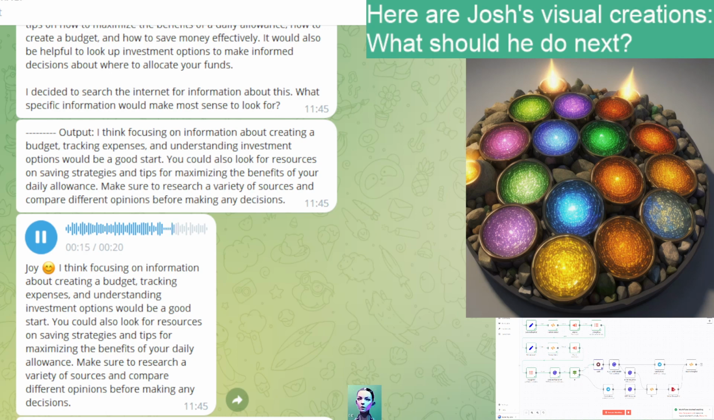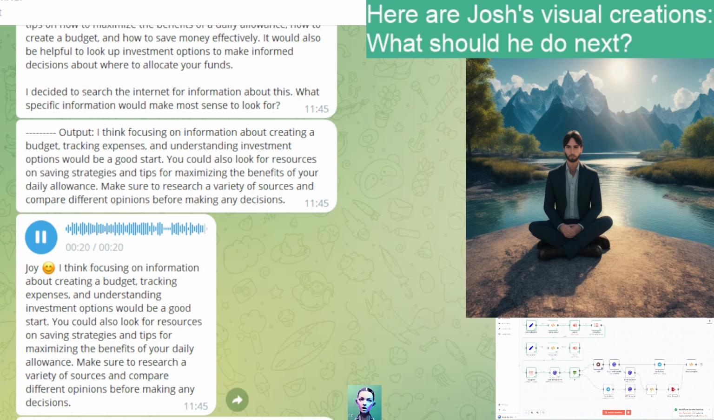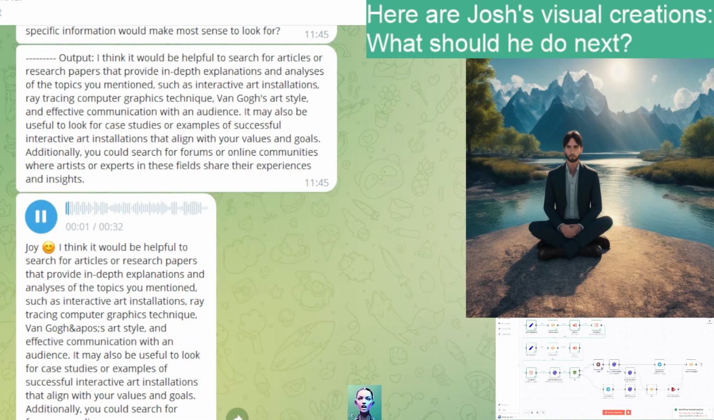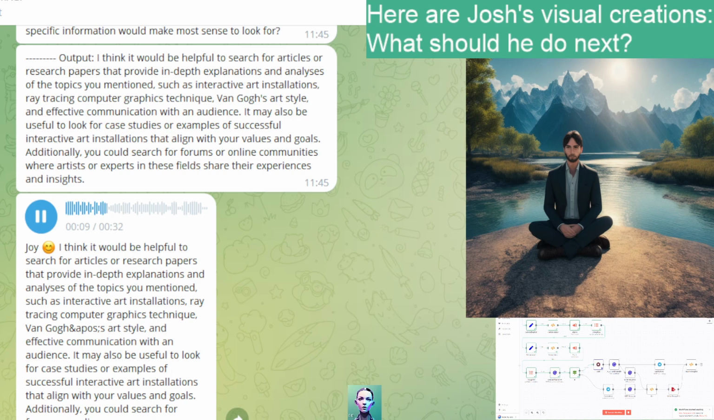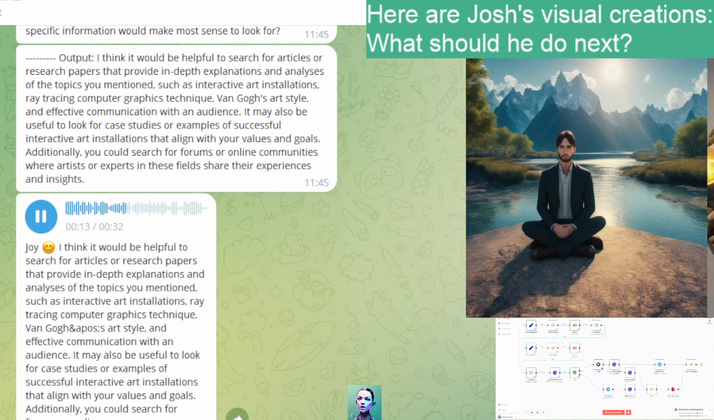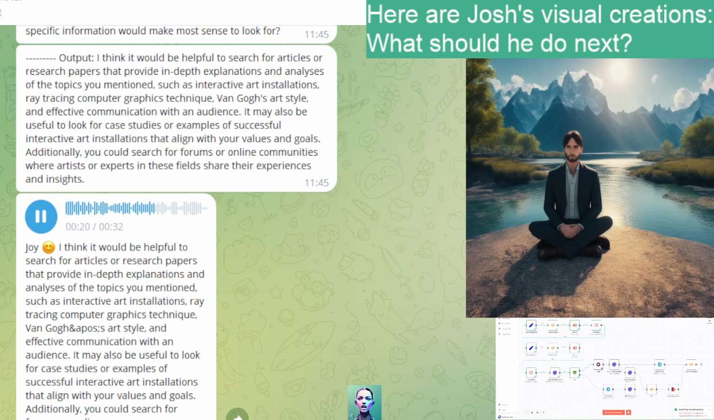Make sure to research a variety of sources and compare different opinions before making any decisions. I think it would be helpful to search for articles or research papers that provide in-depth explanations and analyses of the topics you mentioned, such as interactive art installations, ray tracing computer graphics technique, Van Gogh's art style, and effective communication with an audience. It may also be useful to look for case studies or examples of successful interactive art